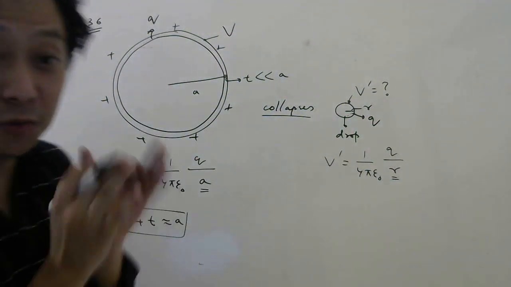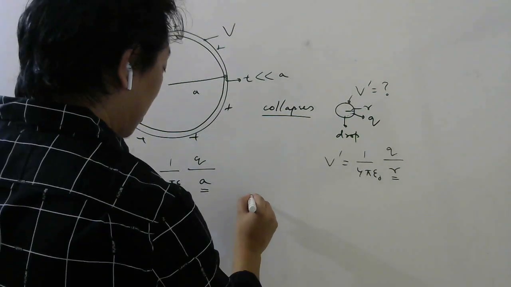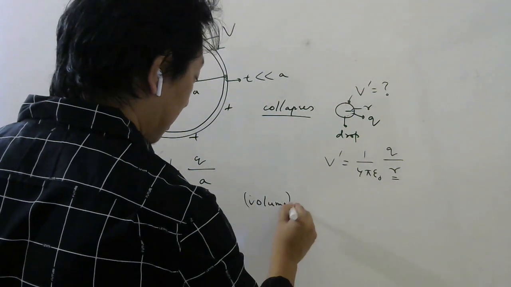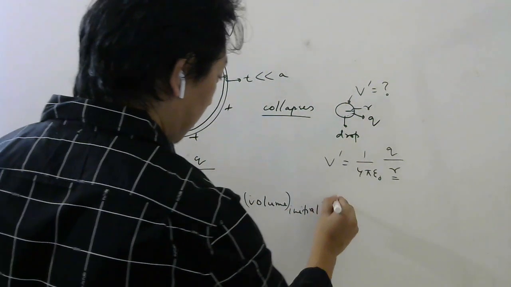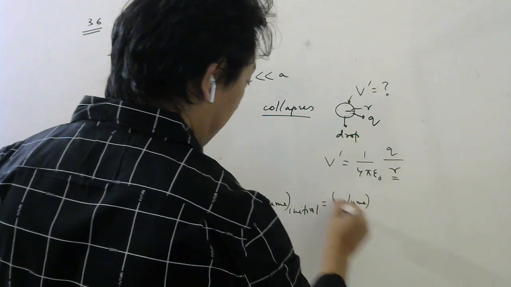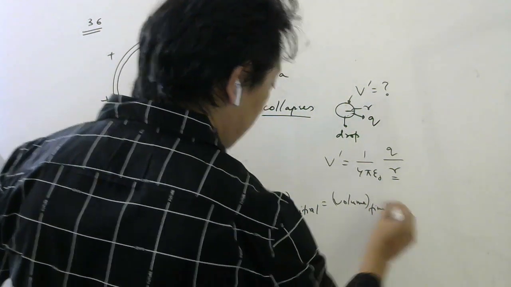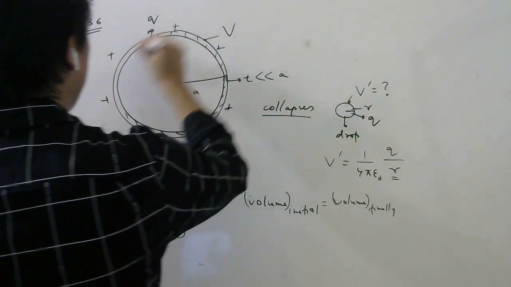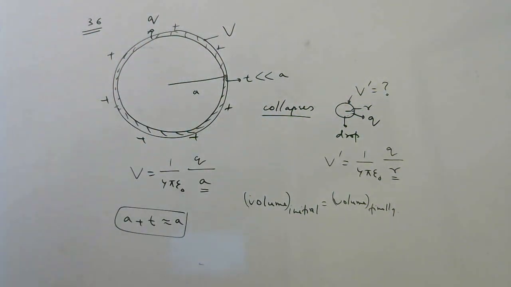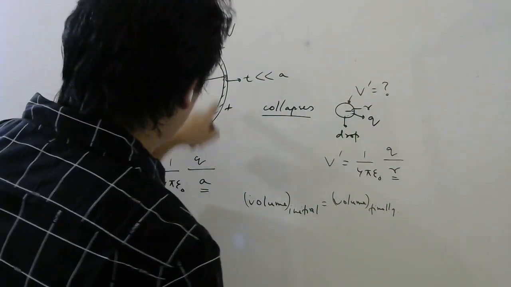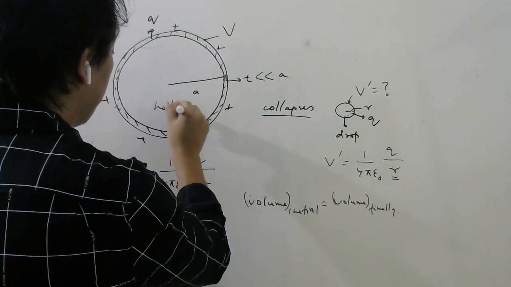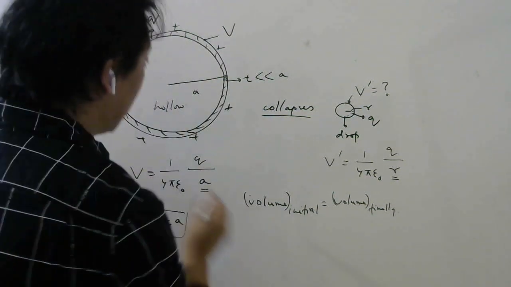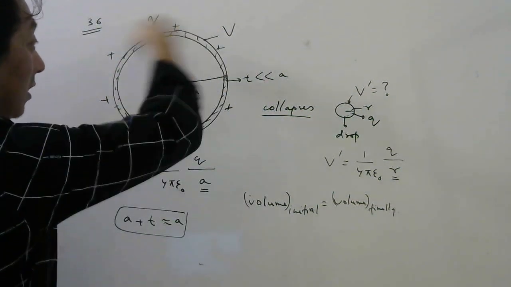So that time what happened? The volume remained conserved. So the total volume initially must be the same as the volume finally. Volume of what? Volume of the liquid. So in a bubble the liquid is only here, remember. This is nothing, this is hollow. So what is the volume of this portion of the bubble? If you remember, I've already discussed, area into thickness.